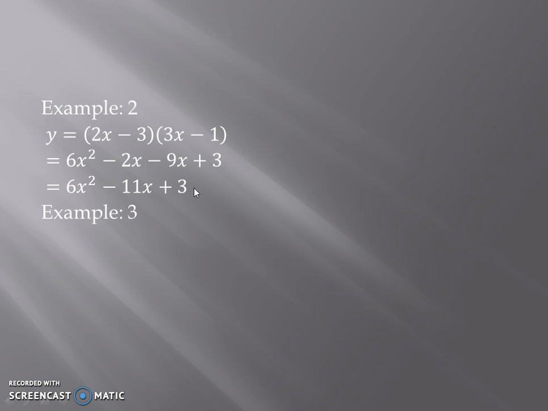Now, let's get to our third example, because we've just solved our second example. We have the x squared, x, and then no x, but just the c. A, B, C. Easy as can be. Now, for example 3,